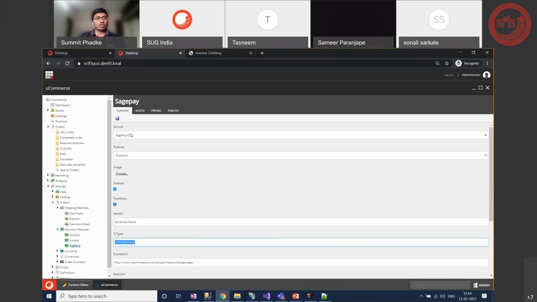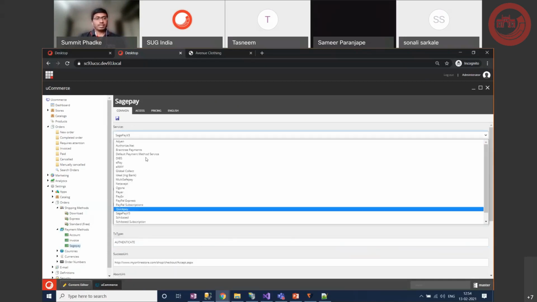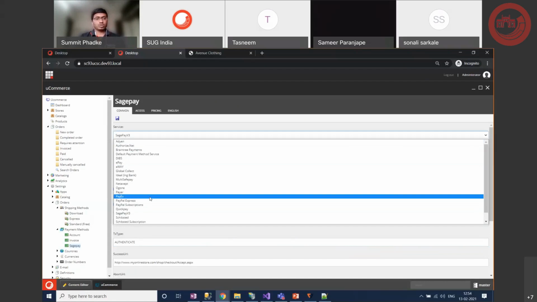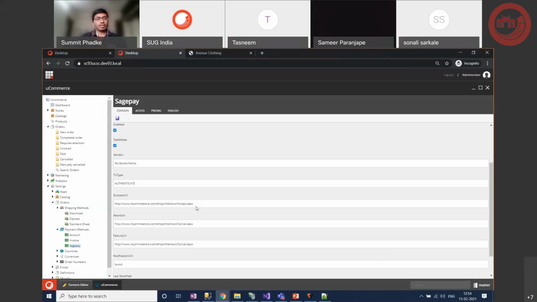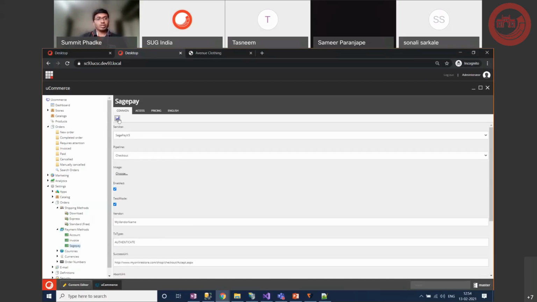And out of the box, UCommerce has all these payment integrations already integrated. So as long as you provide the correct information, for example for PayPal subscriptions, you are good. You don't need to do anything from the project point of view. Of course, if you want to add some custom payment provider, you'll have to go through the logic and add a new custom payment provider.